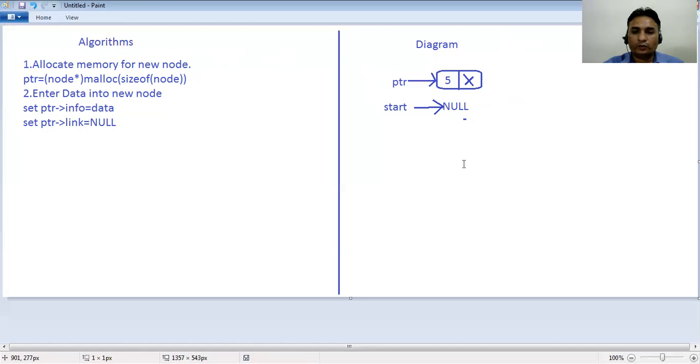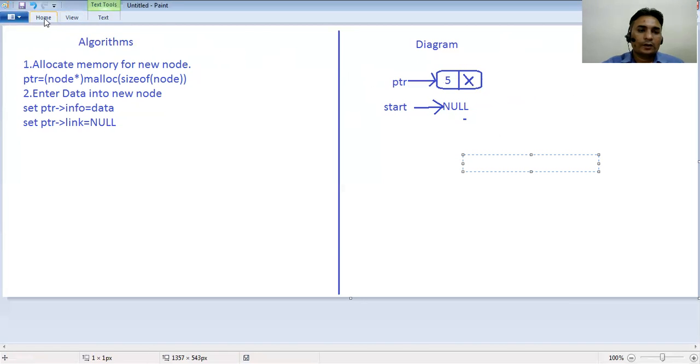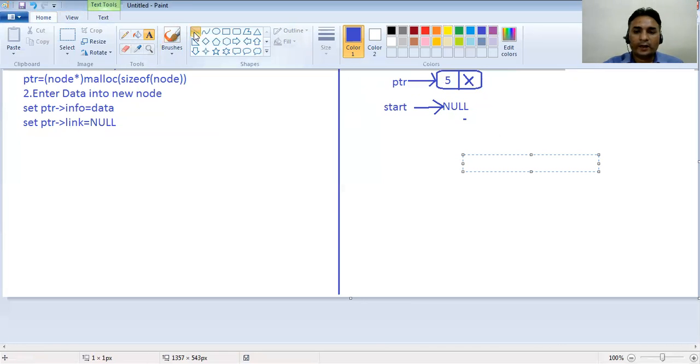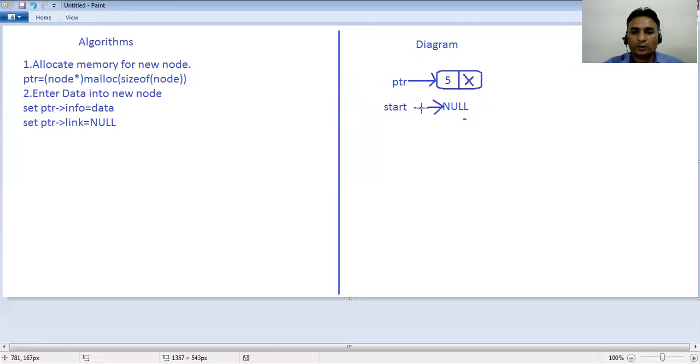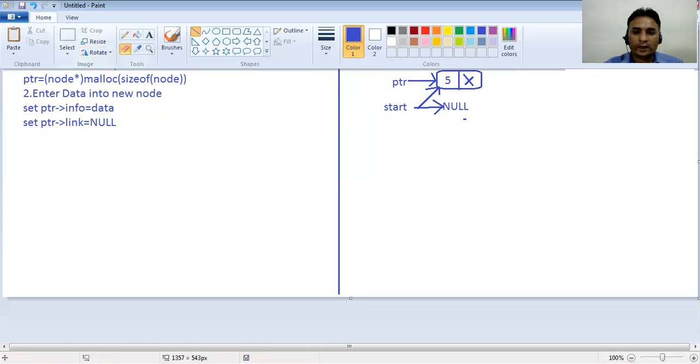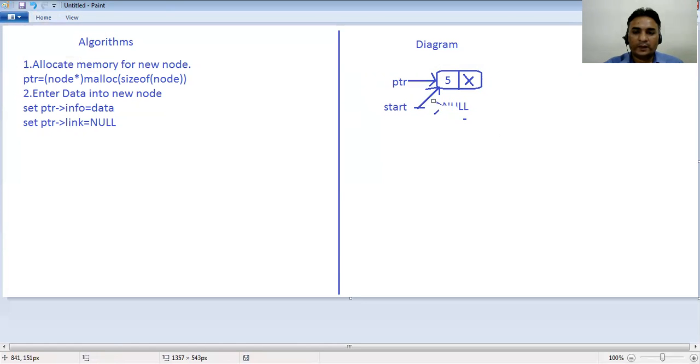So we have to give the address of this node to our variable start. So start will hold the address of the created node, and null will be replaced by the address of the newly created node.